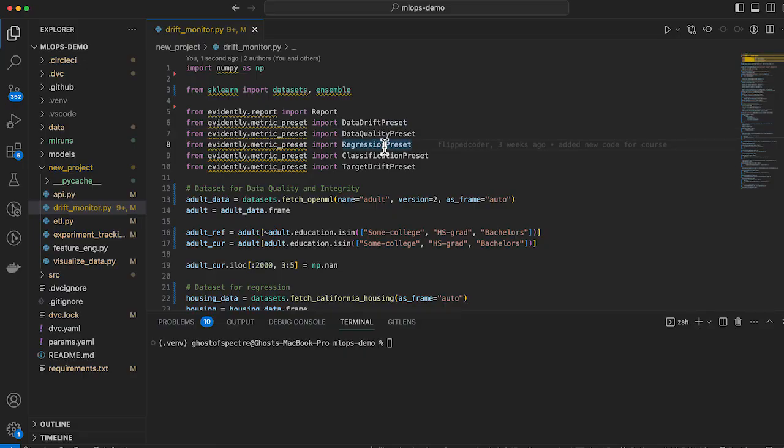We have some regression testing to see if there's anything that's changed with the data, but it's reverted back to a previous state that we've had the data in. We've got this classification preset test where we can check if our model is making the correct classifications. And then we have our target drift, which is a little similar to concept drift.